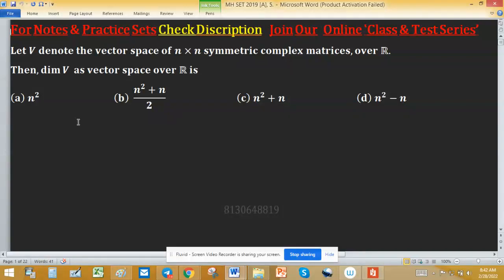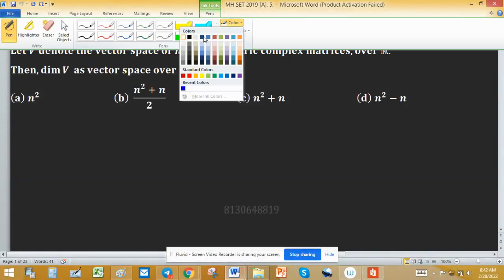Let V denote the vector space of n by n symmetric complex matrices over R. Then the dimension of V as a vector space over R is,